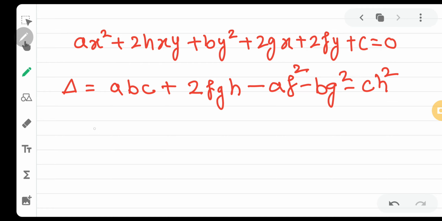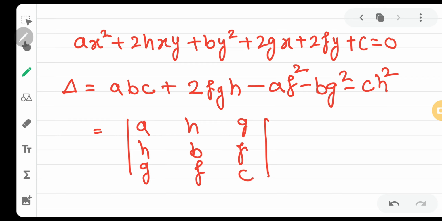There is another way of remembering this, that also I will tell you. That is also a very simple way. You write down AHG, AHG, see rhythm wise. Row AHG, column AHG. Then whatever the 4 places remaining, you can write down BF, FC. Very simple, right? AHG, AHG, BF, FC. That's it. So either you can use this determinant form or you can use this straight linear form, whichever you wish. In this video, I'll be using this straight linear form only.